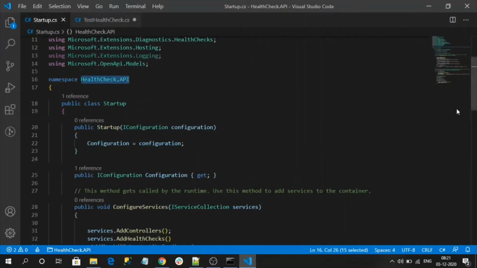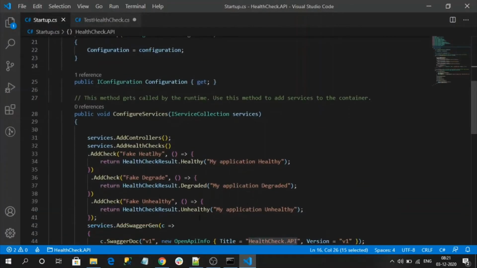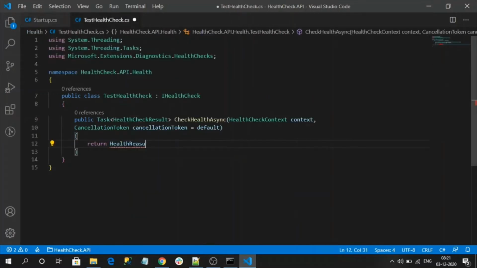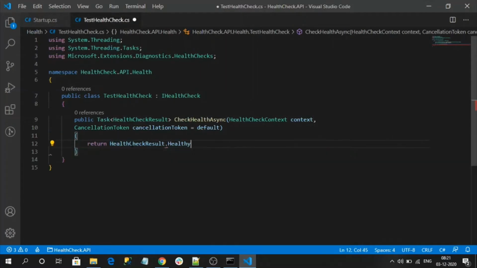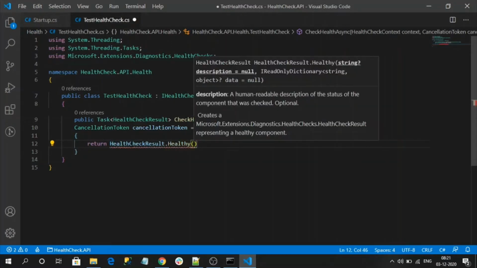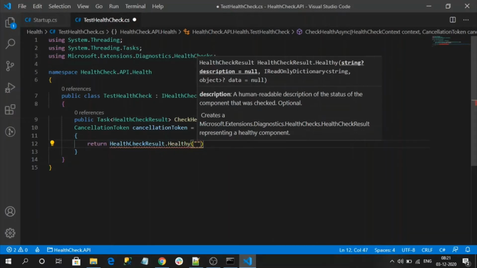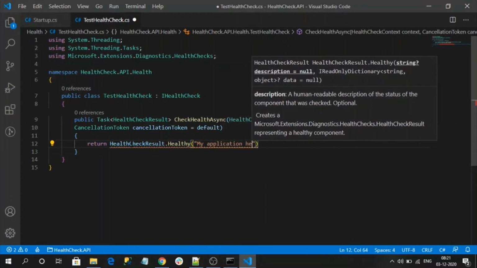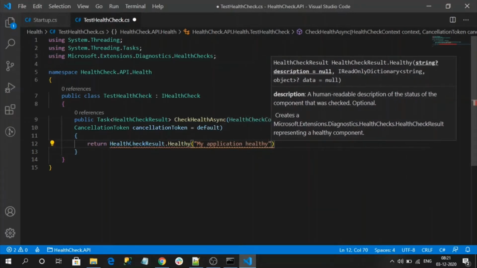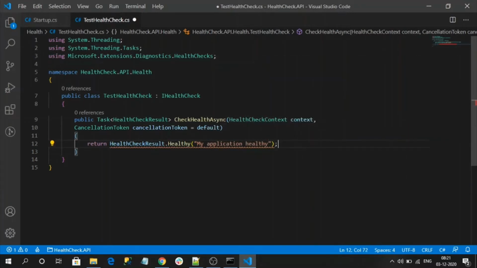Let me check from here. HealthCheckResult only. Healthy. My application is healthy. Okay, that is the description for my health check.